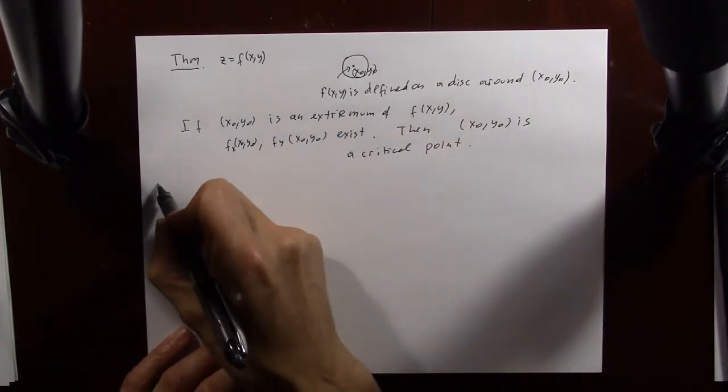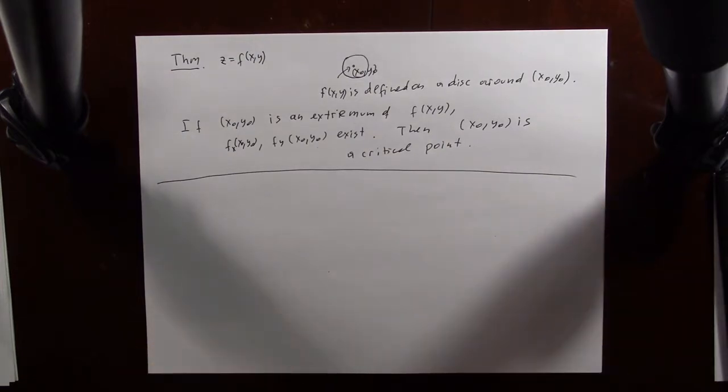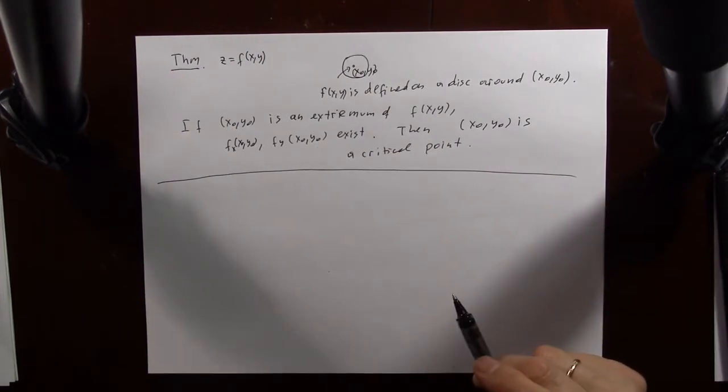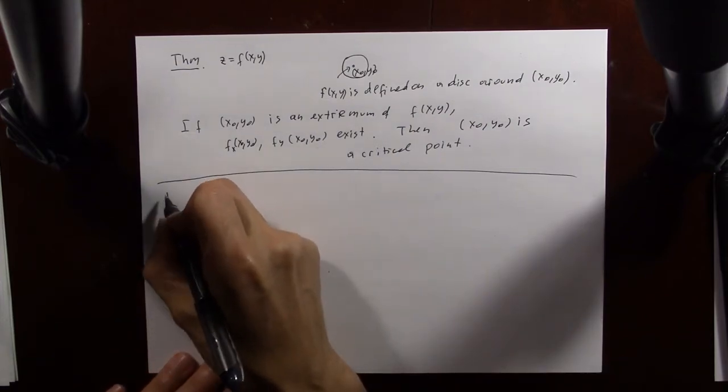That's the first theorem. It tells us how to find extrema: candidates for extrema are going to be critical points. And the second theorem will tell us how to